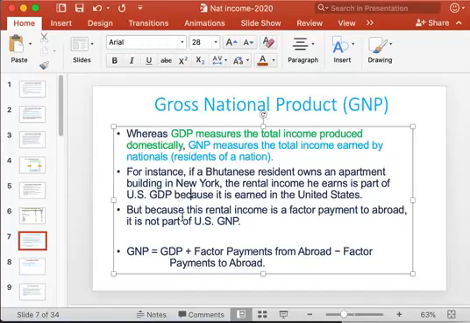But this rental income is a factor payment from the US to Bhutan. So that is why it is not a part of US GNP but a part of Bhutan's GNP. So from this